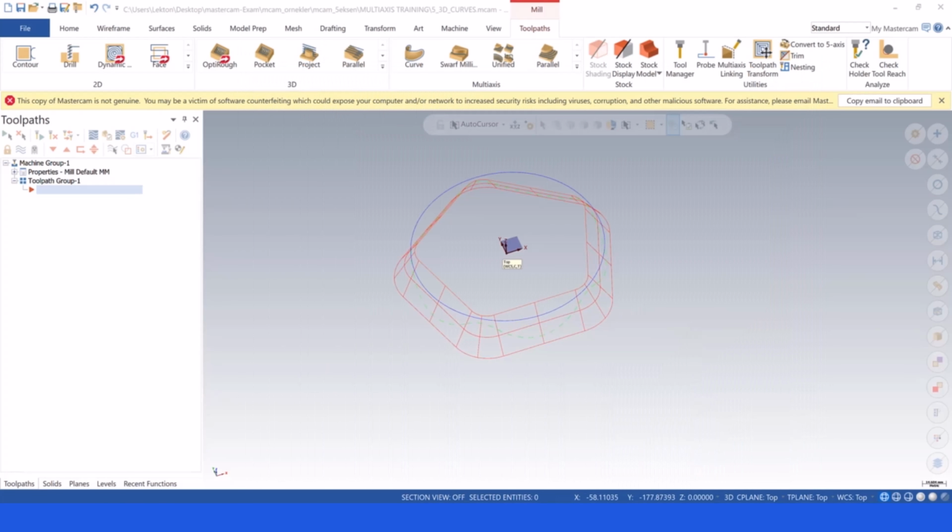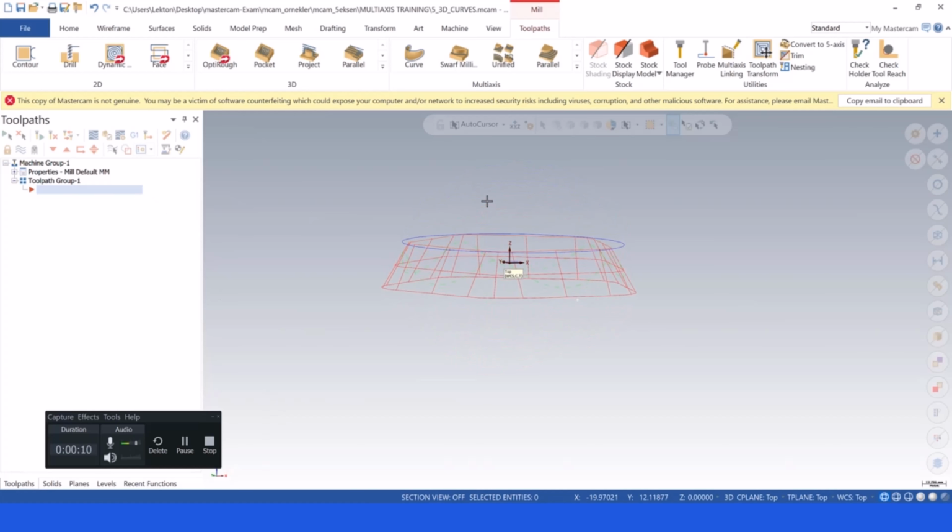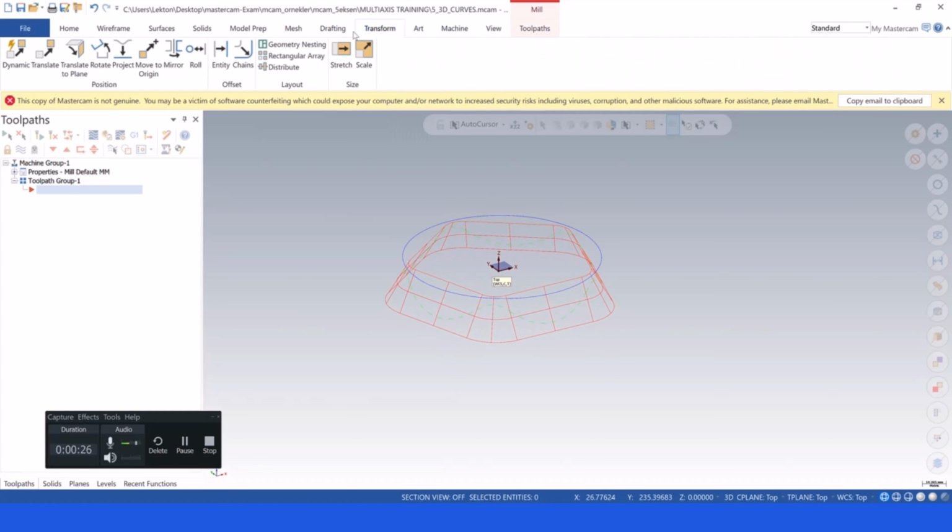In that lecture we're gonna talk about actually multi-axis toolpath here. I created that kind of surface and that kind of curve as you can see on the screen and with the green color. Anyway, this is my curve, so I just need to move that and all that product, move the origin, and by using the center of that circle,